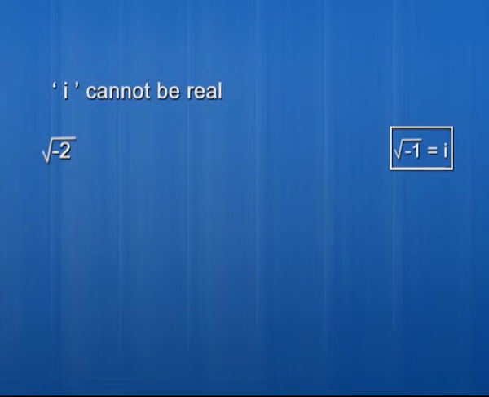Now let's see, I said that i is the value of square root of -1. Then you can think, what will be the value of square root of -2 and square root of -3 and so on? Just have a look. Square root of -2 can be written as square root of the product of -1 with 2, which can further be written as the product of square root of -1 with square root of 2. Now, if we substitute the value of square root of -1, then it can further be written as i times